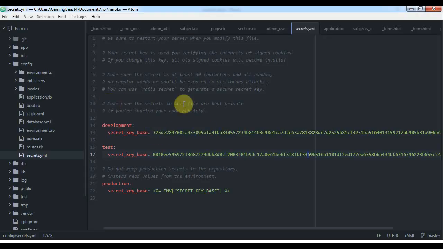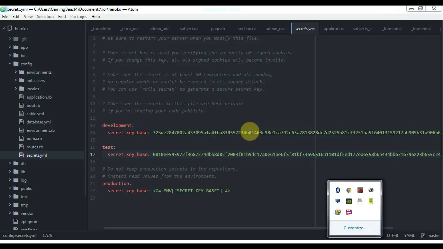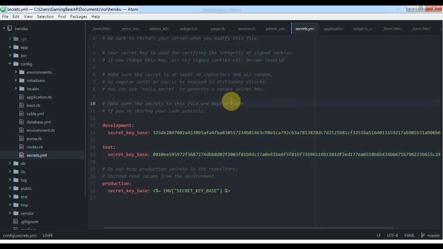Okay, and like it says, make sure all the secrets in this file are kept private, if you're sharing your code publicly. So you would never want to put this file in a public server. All right, so